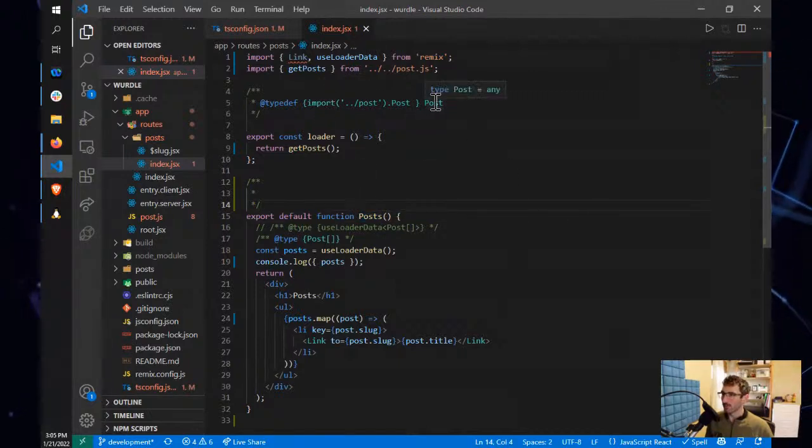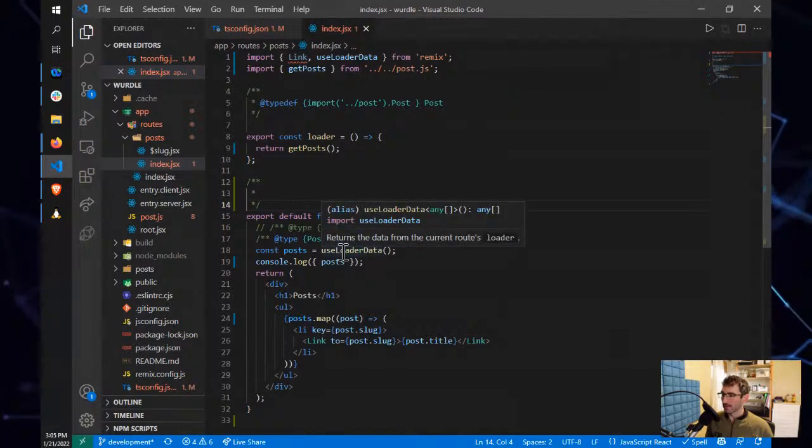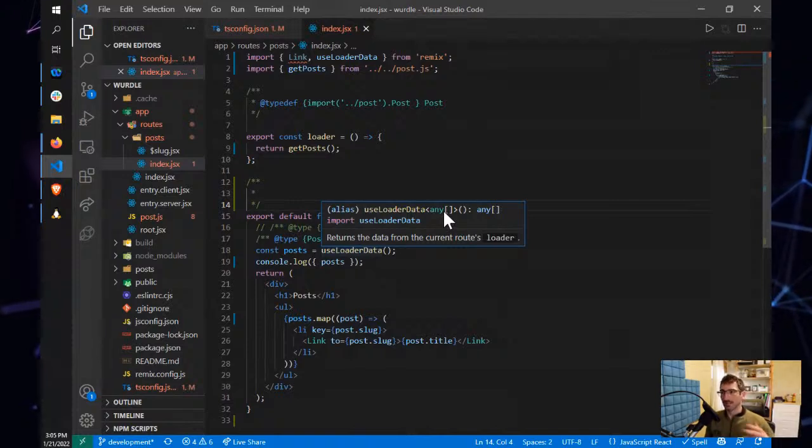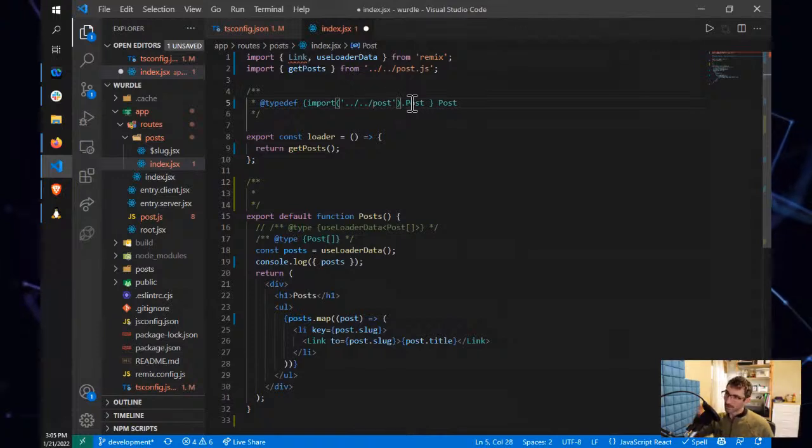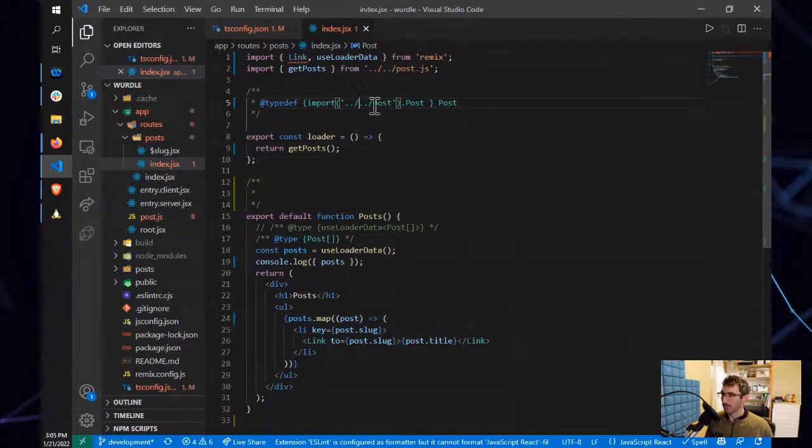Cool. We also have, let's see, this useLoaderData was not working correctly yesterday. That was a TypeScript thing. It's because it has a generic. TypeScript, if this makes sense to you, it'll make sense. If this doesn't make sense to you, it's not going to make sense. So I'm not going to spend too much time explaining it. But basically, this function doesn't know what type this should be. And that's because I have an incorrect path to my type definitions. So if I use the correct path,